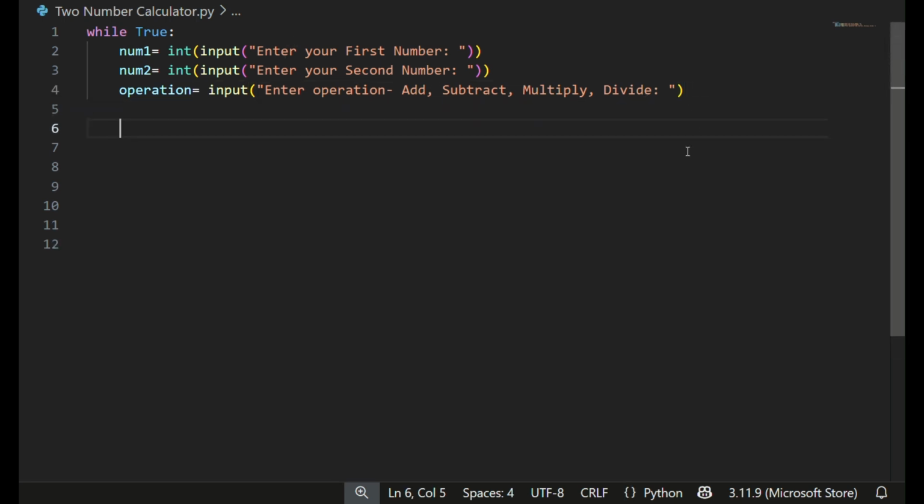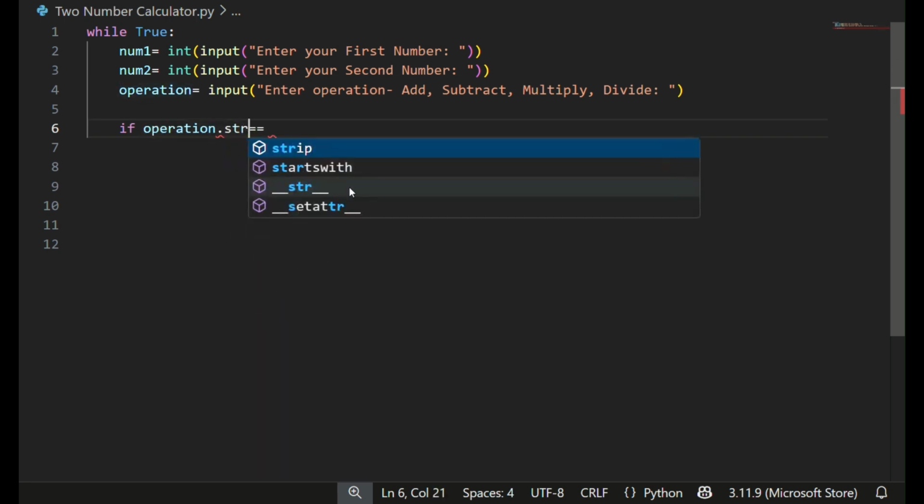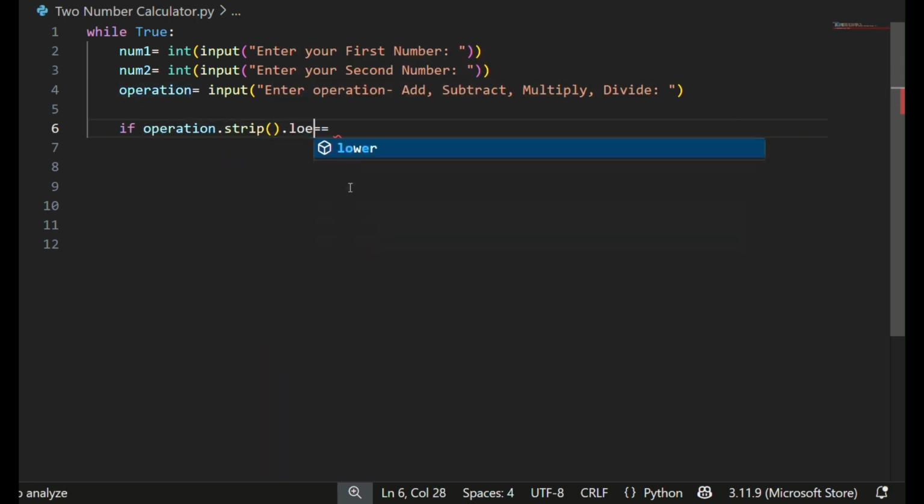So now we will write if operation is equal to add, that will be add. Yes, first we will write dot strip dot lower for error handling. Then we will write the operation, that is add. If in string, always remember string, add,